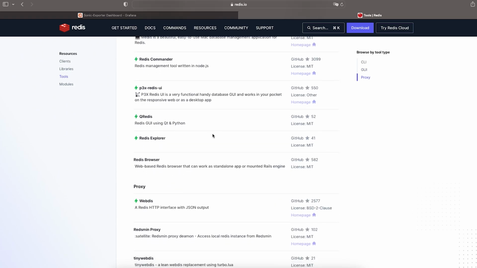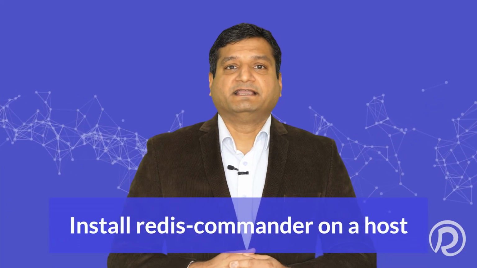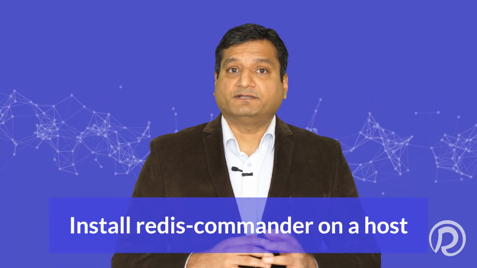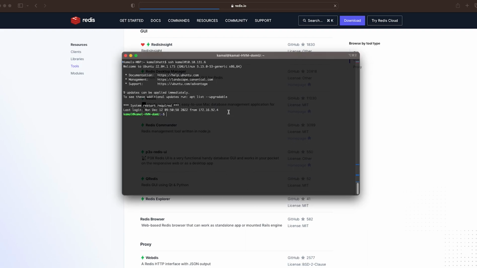As we are more interested in GUI tools, here specifically we will have a look into Redis Insight and Redis-commander. First, let's install Redis-commander on a host. Redis-commander is a simple client-server based application which can be installed as a container by issuing a simple docker command